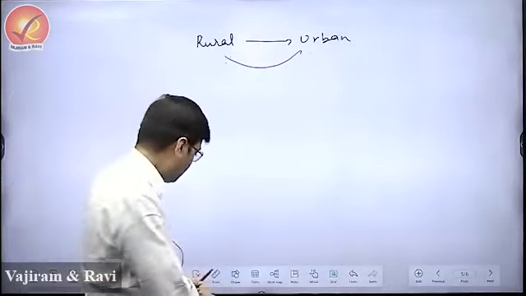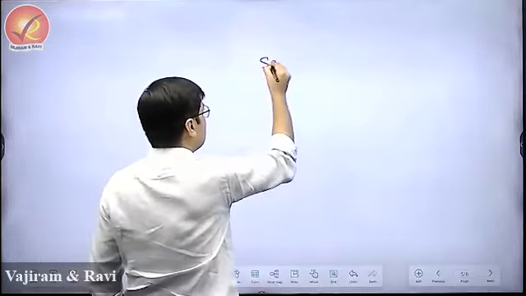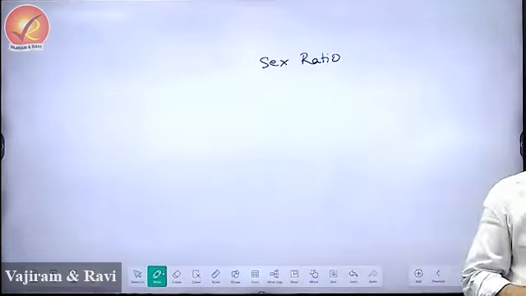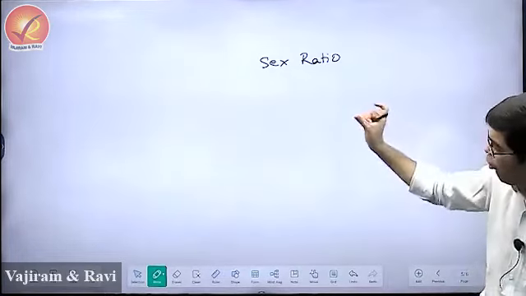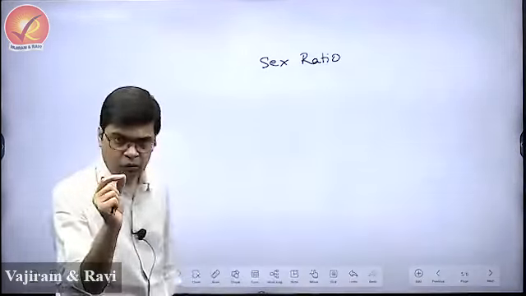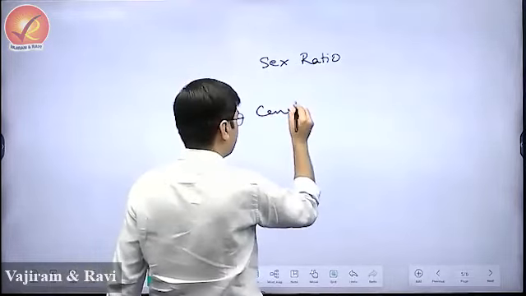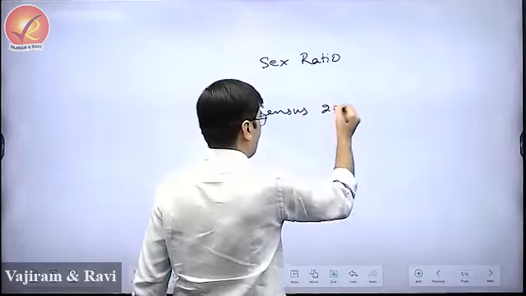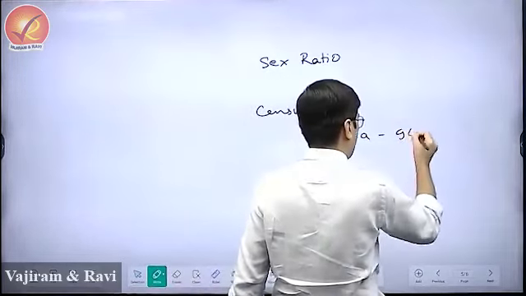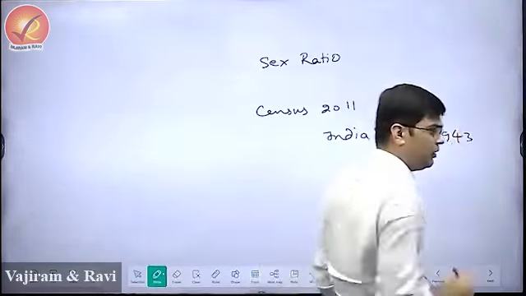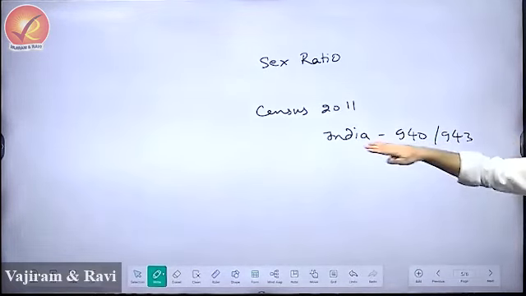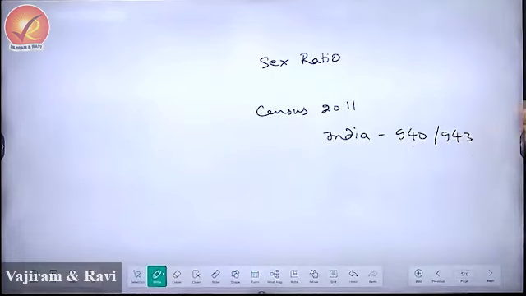Just suppose, you people must have heard about sex ratio. How do we define sex ratio in India? The number of females per 1,000 males. This is the simplest definition that we have in India. If I look at the sex ratio in India as per Census 2011, India ka sex ratio is mentioned as 940 or 943. Both the values are available. The Census website considers this as the most appropriate value, but both the values are there. Okay. So the sex ratio of India is considered to be 940 or 943.